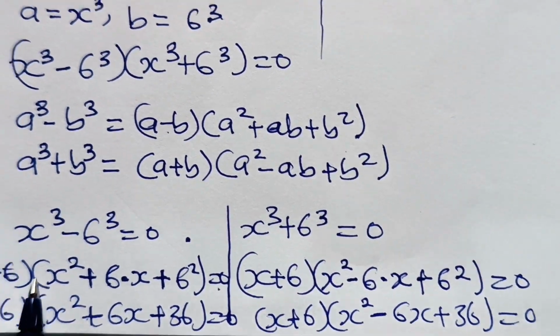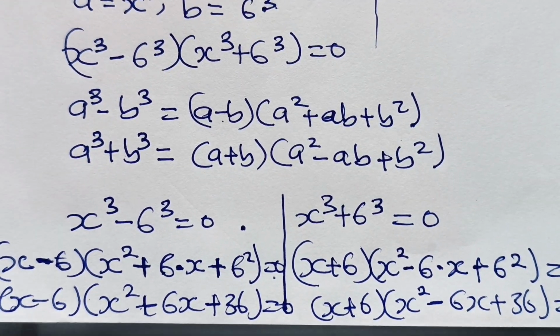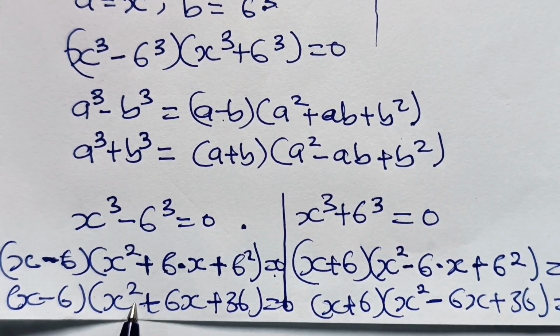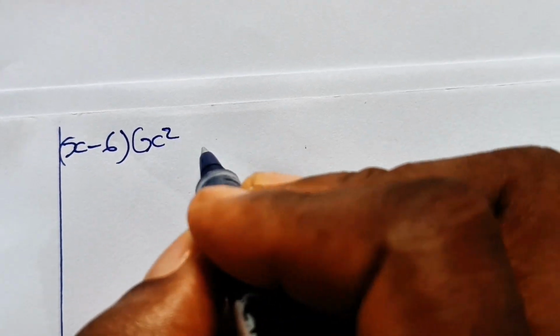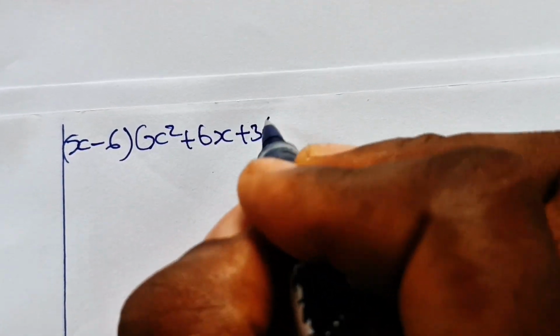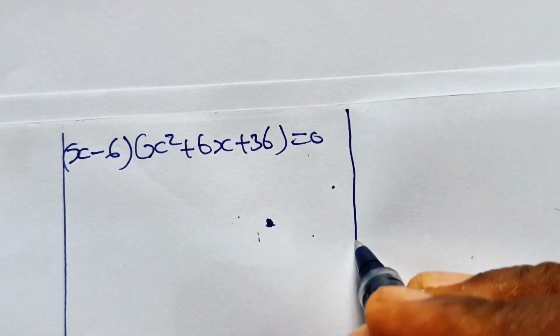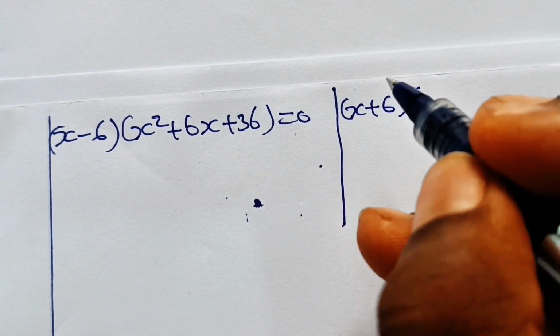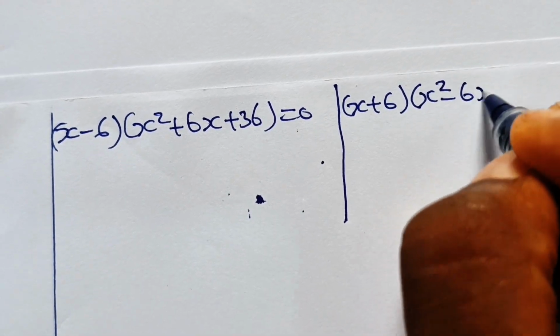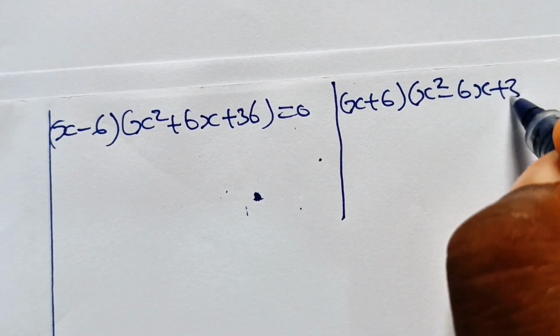From here we can see x minus 6 multiplied by x squared plus 6x plus 36 is equal to 0 for the left hand side. So let's copy it out. We have x minus 6 multiplied by x squared plus 6x plus 36 is equal to 0. And for the other side, we have x plus 6 multiplied by x squared minus 6x plus 36